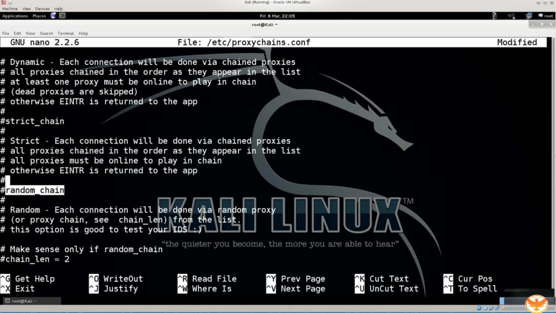Down below, you have random chain. Now, random chains are, in effect, basically the same thing as resetting your services. I mean, if you're resetting your Tor, you will be assigned a new IP address. I mean, Tor assigns you a new IP address every 10 minutes or so anyway, but with the random chain,